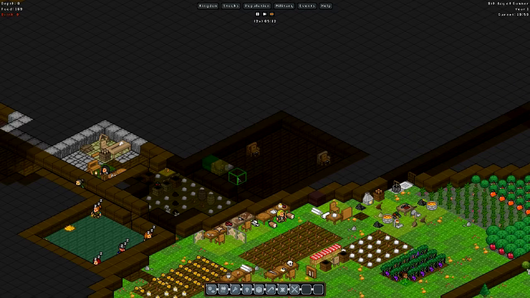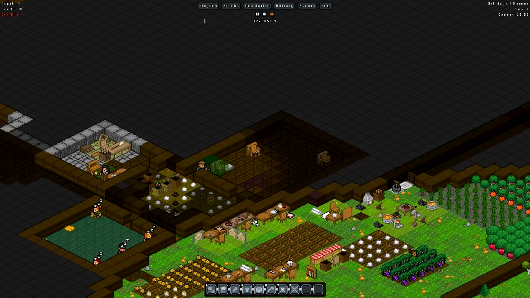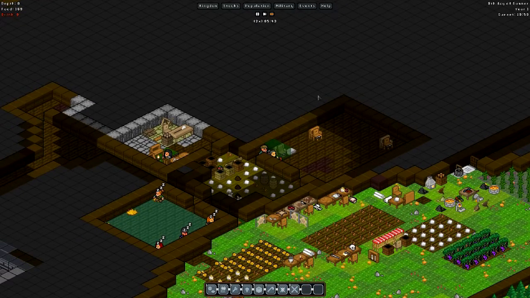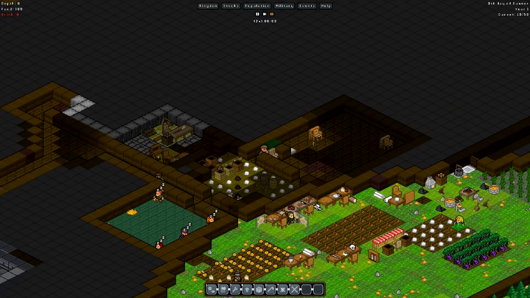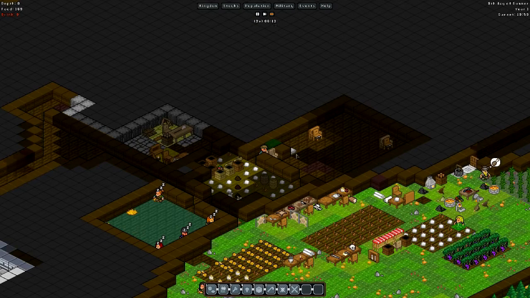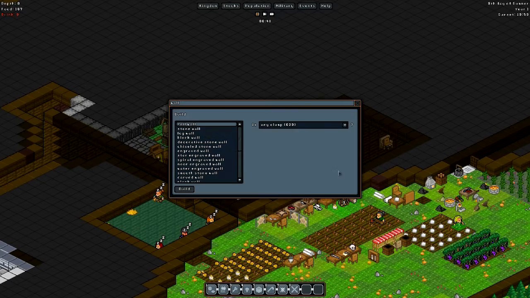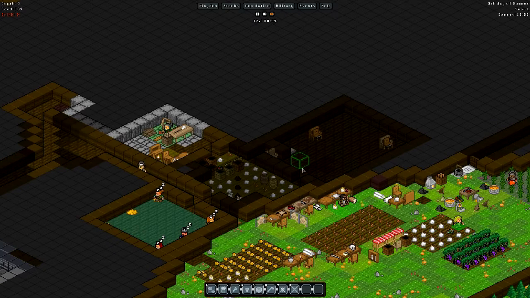Right here I'm just trying to decide how I want the stock room to be shaped, and that's why I'm building these walls right here. Unfortunately, because I'm not doing this off the cuff and I'm having to do this as a voiceover, it's a little bit more difficult to remember exactly what I was doing or what I was saying at that particular point,